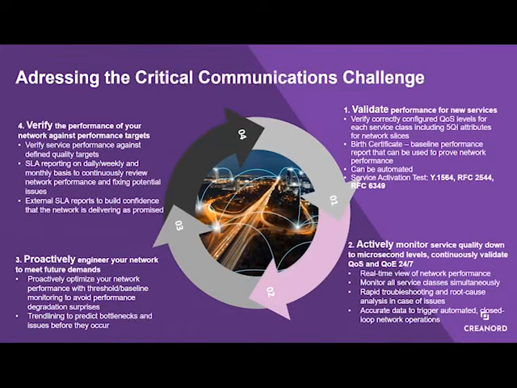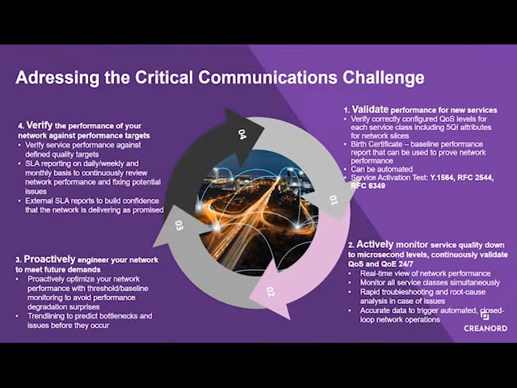Number 3 is to proactively engineer your network to meet the future demands of the network. To stay on top of the network performance, you need to also be able to predict the issues before they actually happen. And finally, it's also important to verify the performance of the networks against set performance targets, and to have SLAs to offer to end users to prove the network performance and build trust that, for instance, a 5G slice is performing as expected.